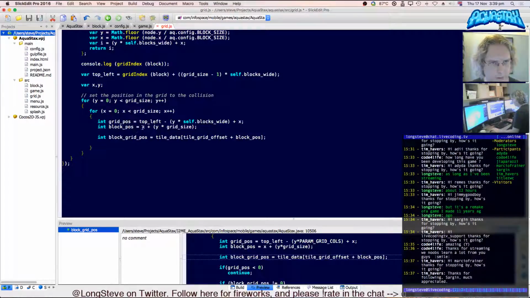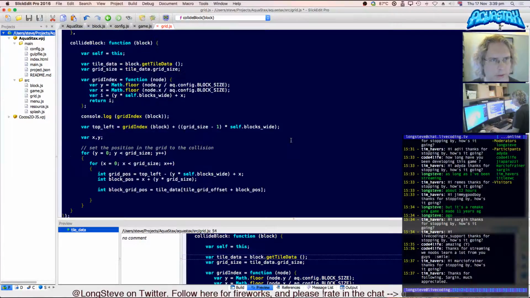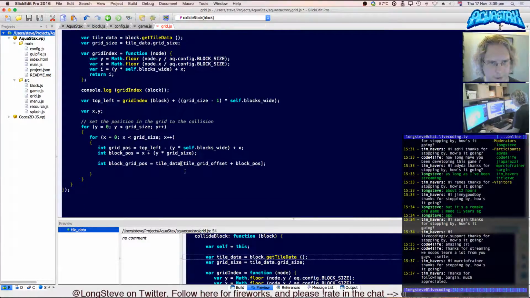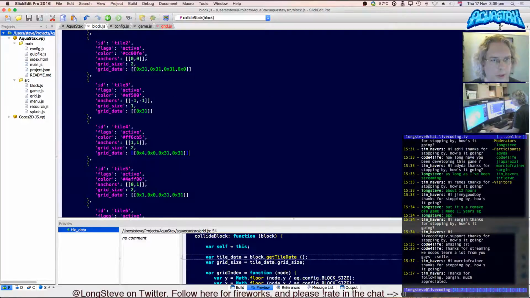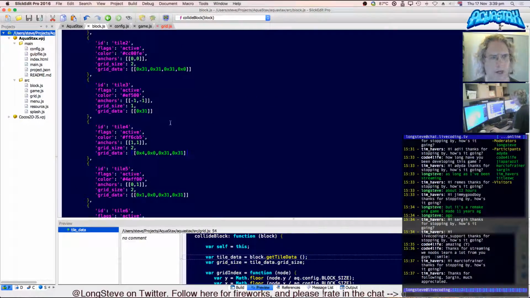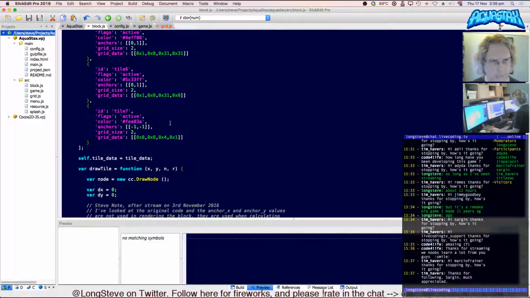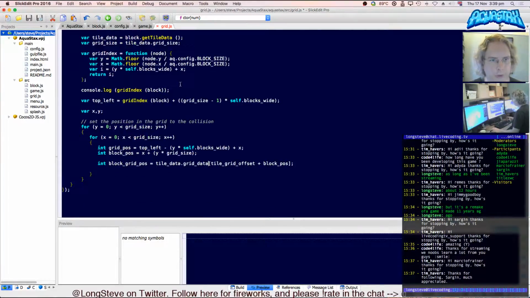We're actually working out into, so that's going to be tile data dot grid data, and for some reason they're two-dimensional arrays. Why is that? Because it's rotations. So the rotation